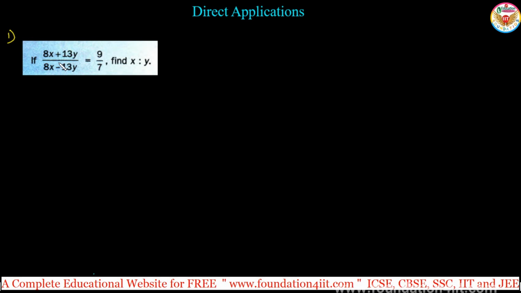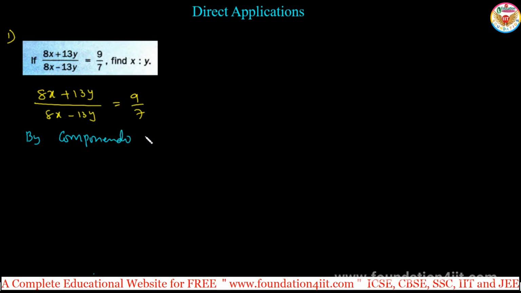So you can take the componendo and dividendo rule now. Let me take this: (8x plus 13y) divided by (8x minus 13y) is equal to 9 by 7. Now by applying the componendo and dividendo rule,